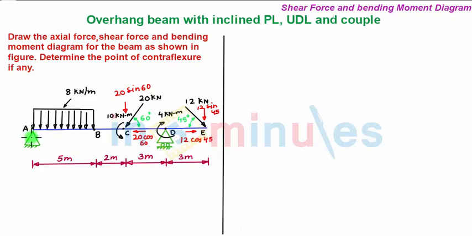So now let's show the support reactions. We'll assume that the vertical support reaction at point A is upward and will be denoted as VA. And also, since horizontal forces are acting, the hinge support A will also provide a horizontal support reaction, and let that be rightward, denoted by HA. Also at roller support D there will be a vertical support reaction and it will be denoted as VD.